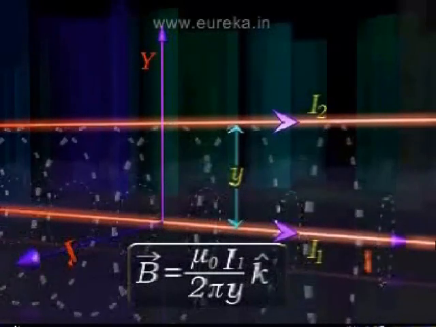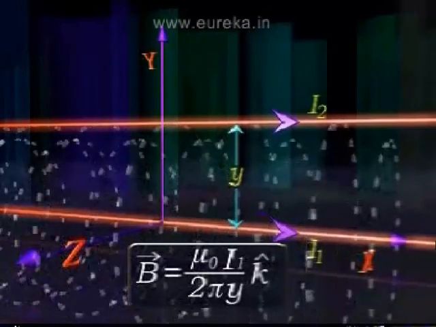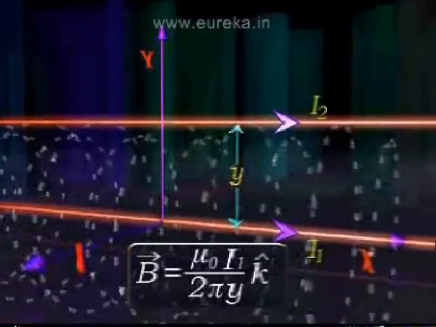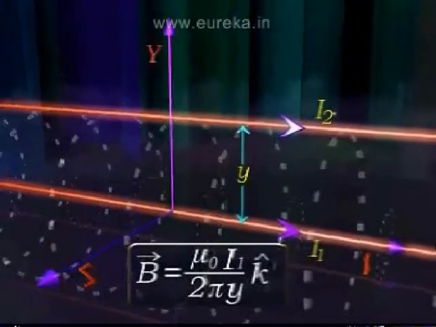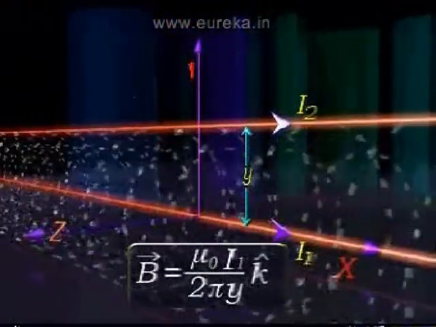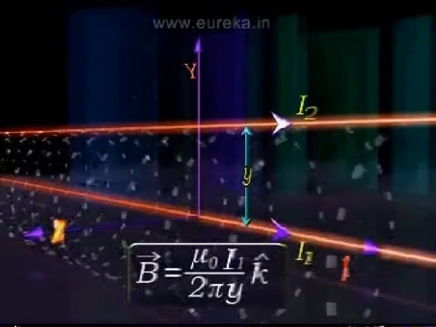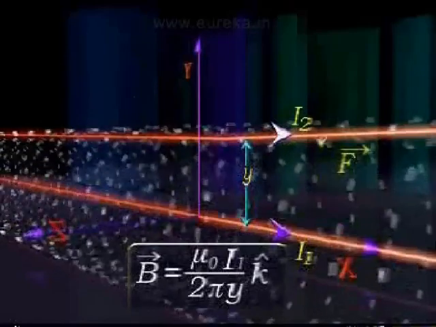The magnetic field at a distance y from the conductor carrying the current I1 will be vector B is equal to mu 0 into I1 upon 2 pi y into k cap vector. The strength of this field is the same at all the points of the wire carrying the current I2 and is directed along the z-axis. Therefore, the force acting on the second wire over its length L will be